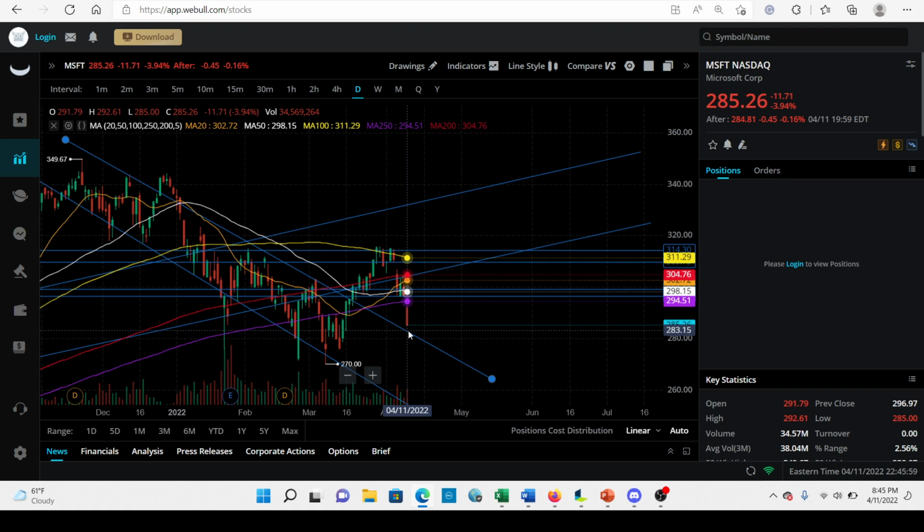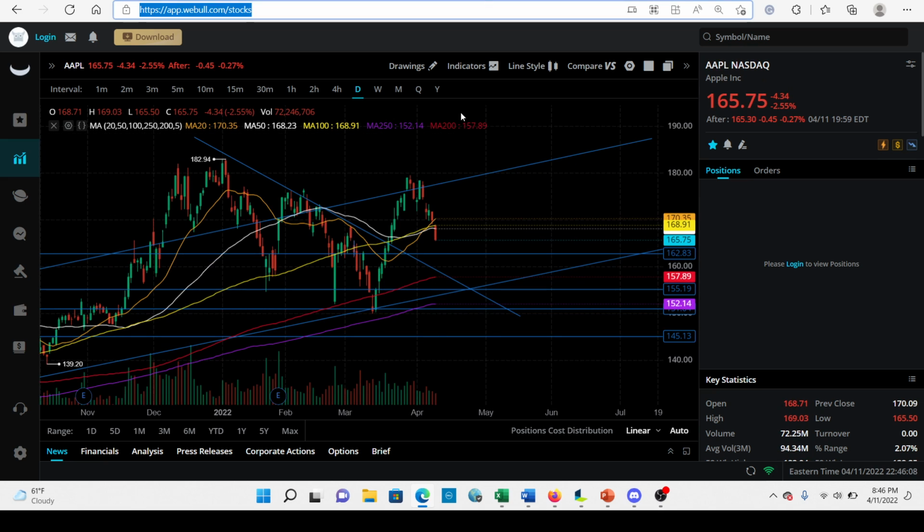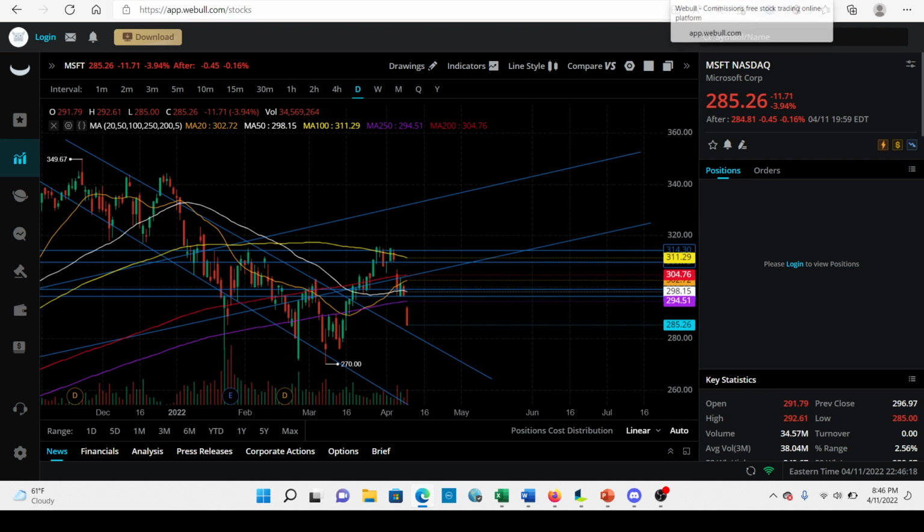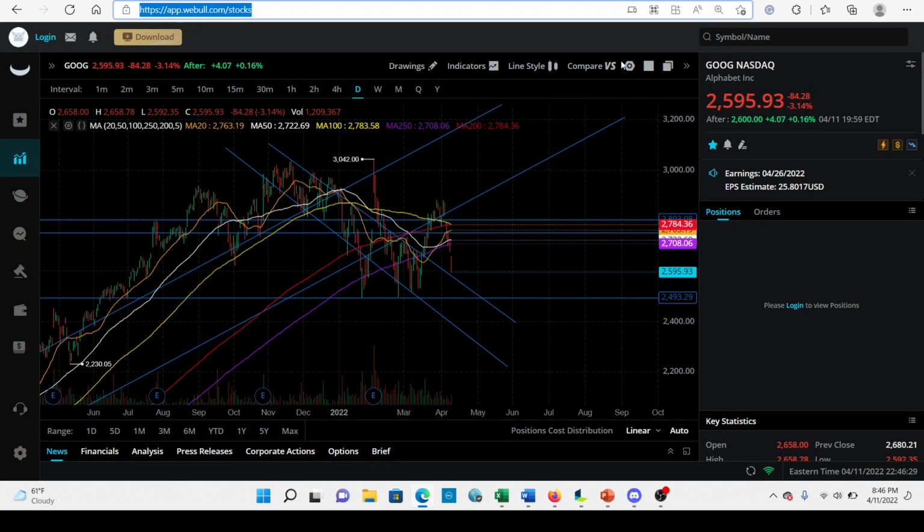I do think Microsoft can come down a little bit more, maybe down to like 283. And maybe that's synonymous with Apple right here at 163. And then maybe once it hits those levels, we have a rebound rally. And then we see Microsoft fill that gap. So that's just a scenario and just an opinion. I'm throwing that out there. May or may not happen. Who knows? But I think that there is a pretty good likelihood that it does.